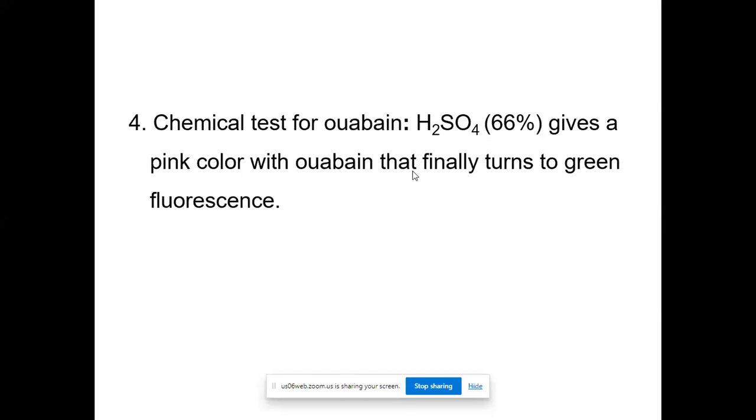Next slide. Chemical test for this one. We have the sulfuric acid, which gives a pink color with